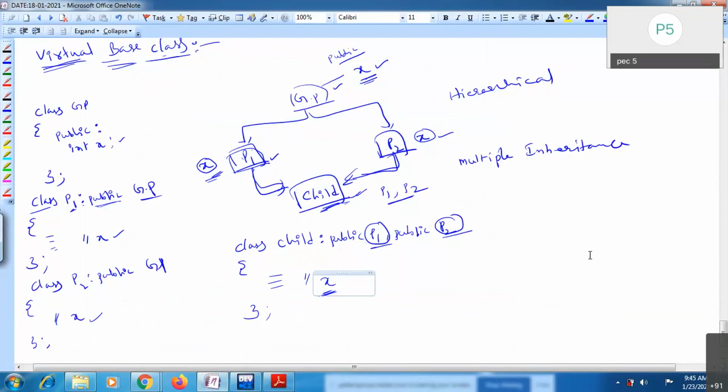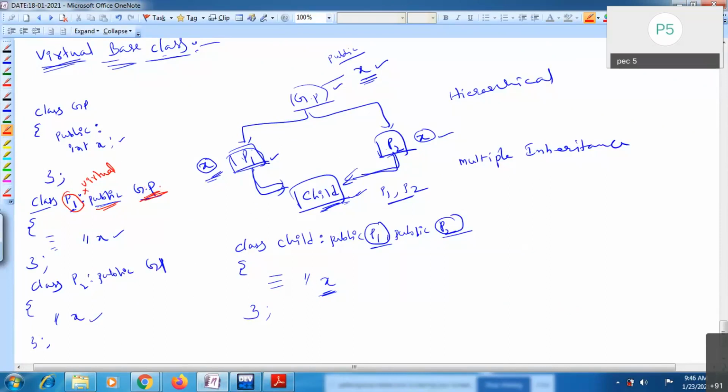See here, observe. This is p1 I'm deriving from the grandparent, the base class. Just make it virtual. Additionally you need to write virtual here: virtual GP. Once you mention virtual, you are deriving with a virtual base class.